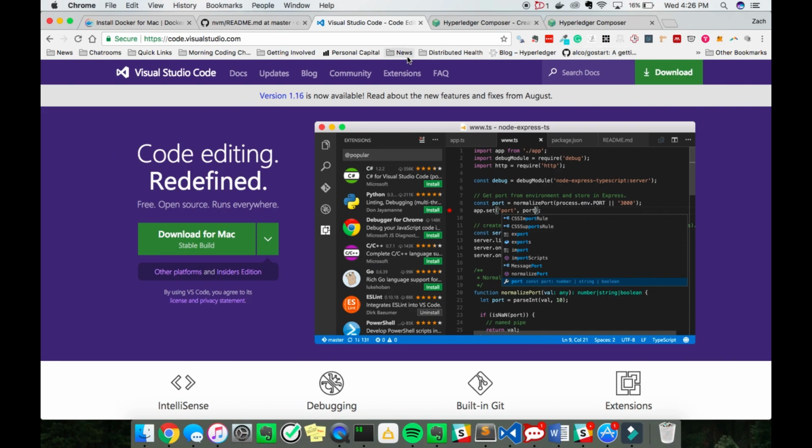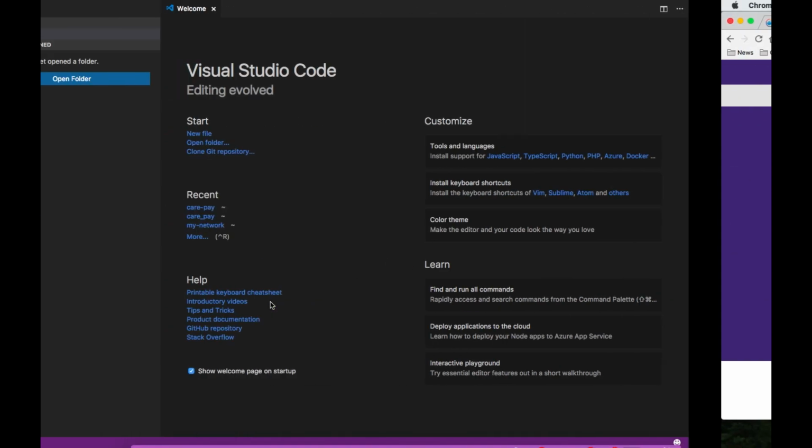Lastly, we should download the Visual Studio Code. I know you may not prefer this editor as your first choice, but it does have a nice Composer plugin which highlights the code written within the Composer environment. So download that for Mac, and once you have it downloaded,